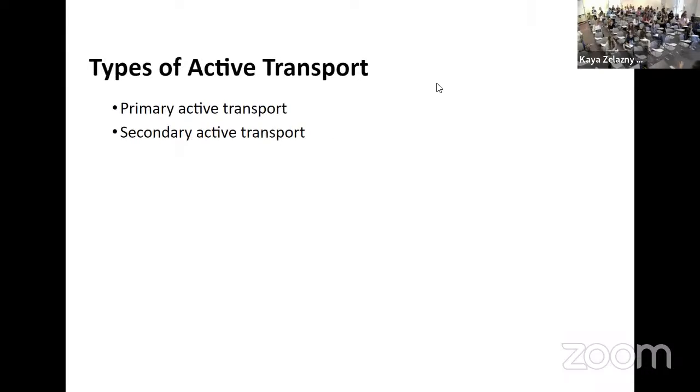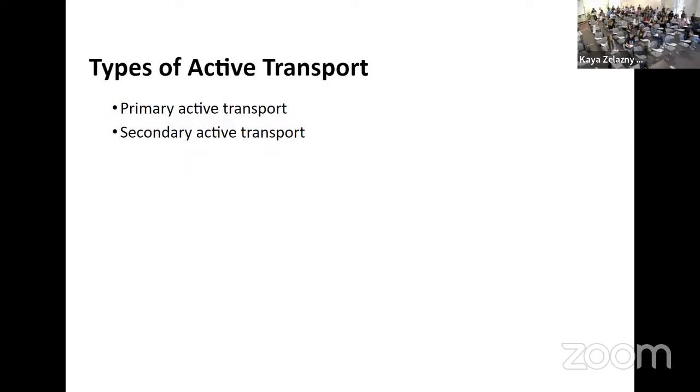So we're going to be separating out our understanding of primary active transport versus secondary active transport. In primary active transport, you're going to really directly see that use of energy. Secondary active transport is going to be a little more subtle. Secondary active transport usually happens after primary active transport has happened somewhere in the cell, and then it uses the energy that's stored in a gradient, so in a difference across the cell membrane,